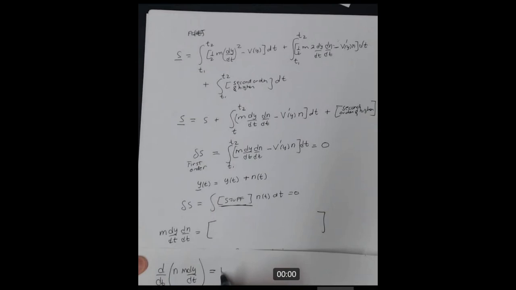It would be n times m d squared y/dt squared, plus m (dy/dt)(dn/dt). And this is what I have right now. So evidently I can rewrite this as this minus